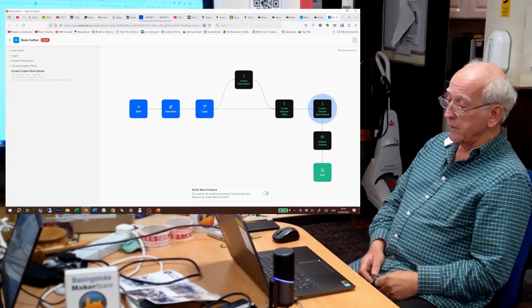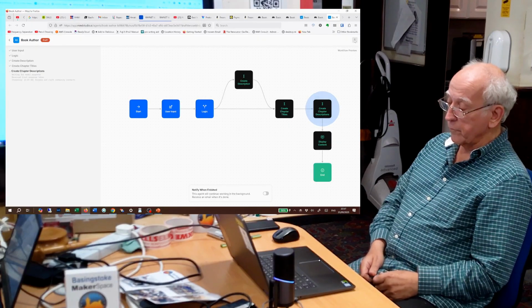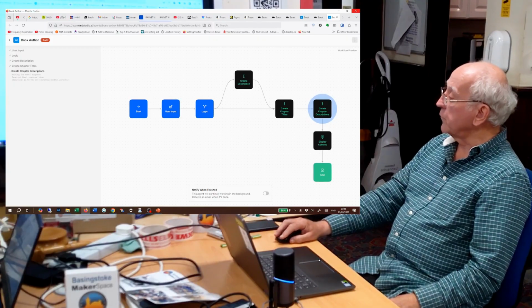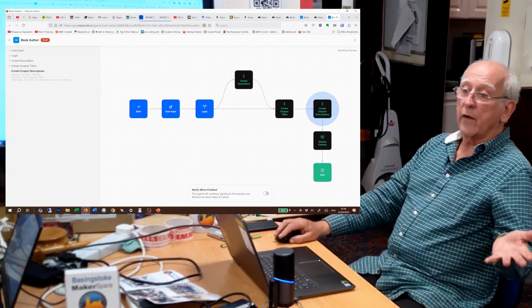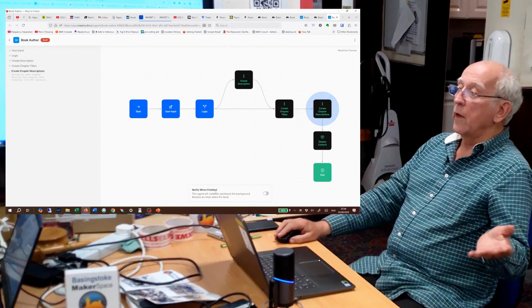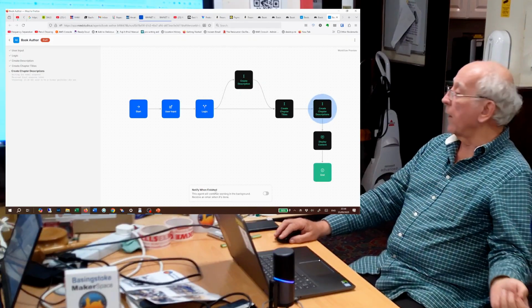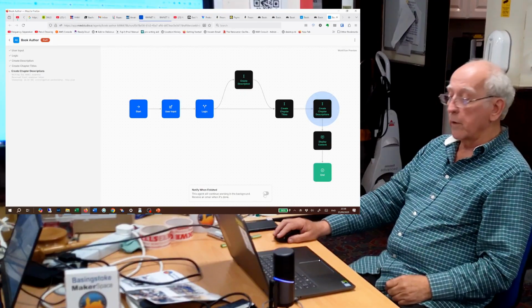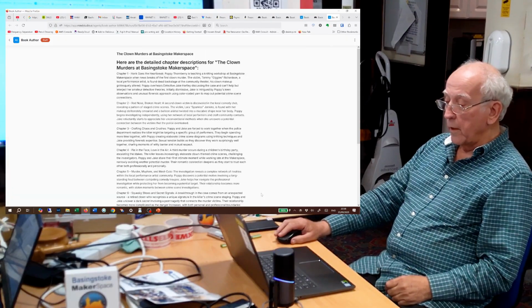Well, I'll let it do it, and then I'll go back to the other thing. You'll notice at the bottom of the page, I said sometimes it can take a long time. Certainly if I get it to write 10 chapters, it could take half an hour to do that. So you can get it to just do that and send you an email at the end of the process. So here's,